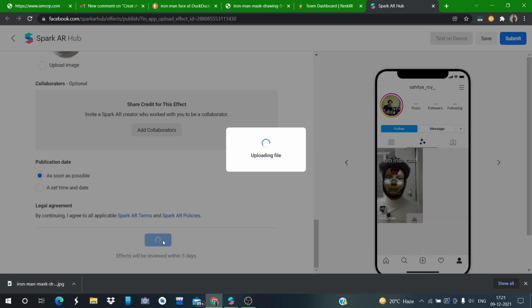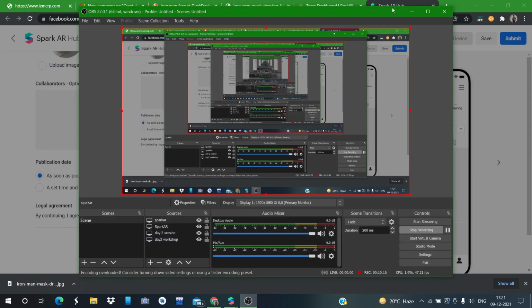After submitting, you can see all the URLs, effect ID, right? I will show you where you can find all the effect IDs and all, right? Let me just turn off my camera.